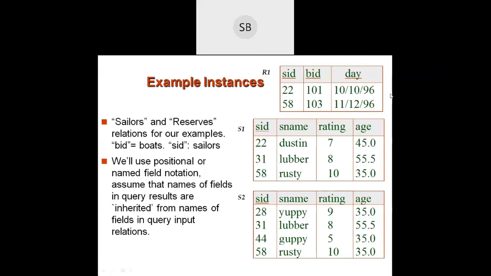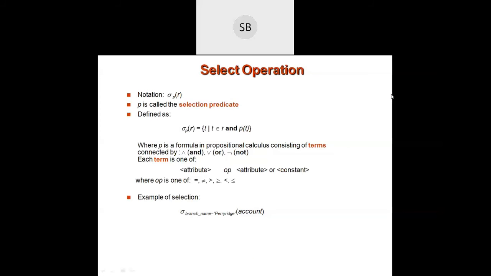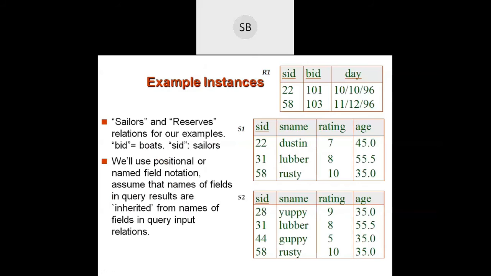In this table you have to display SID, BID and day. The first row of the R1 table is 22, 101 and the date is 10/10/96. So this is the R1 table.